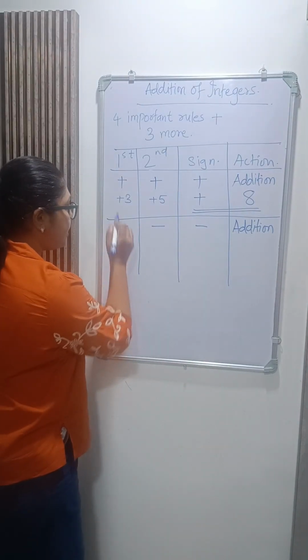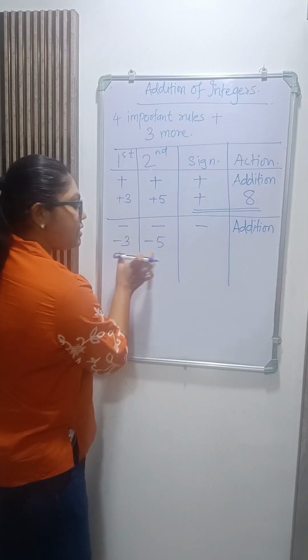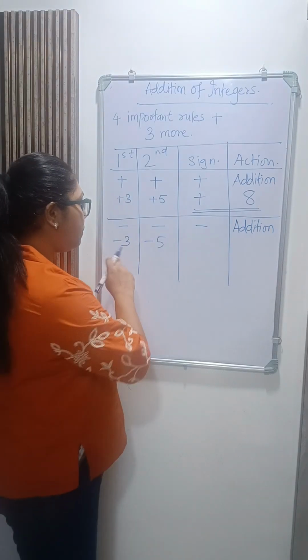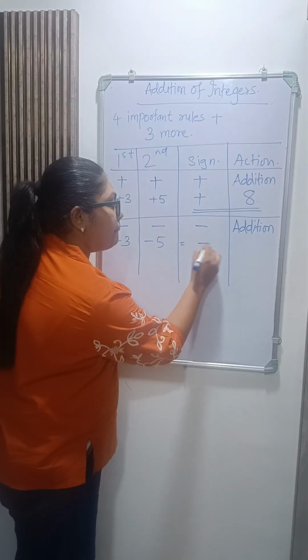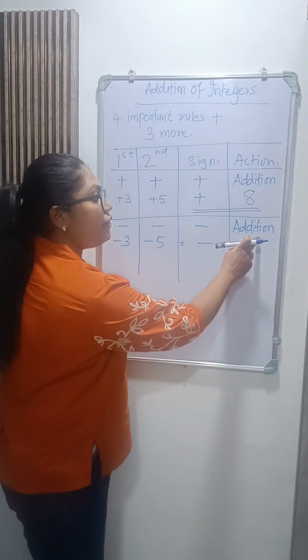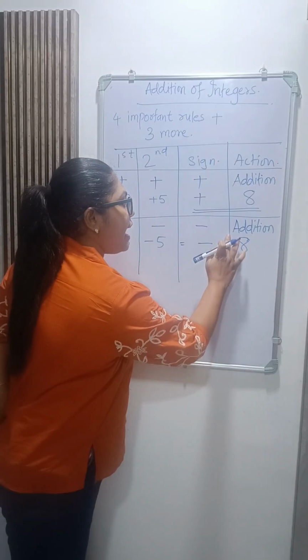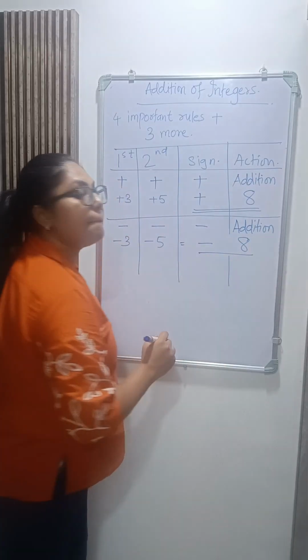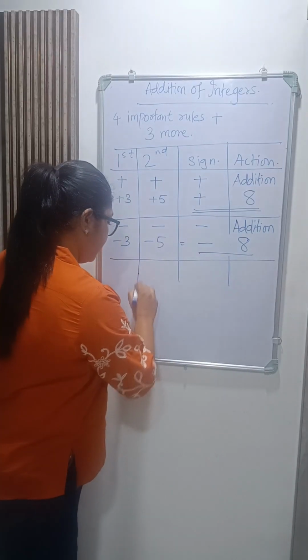Now, let us take minus 3 minus 5. Minus 3 plus minus 5 will be what? Because both have a minus sign, I'm going to put minus in the answer and we have to add. So 3 plus 5 is 8, so my answer would be minus 8. Okay. Now, the third rule says,